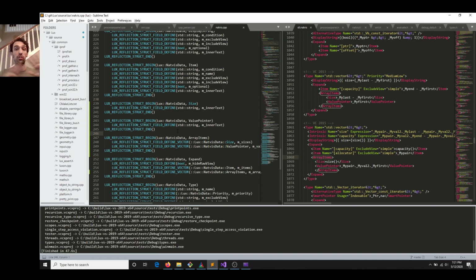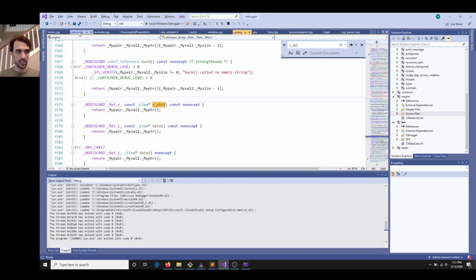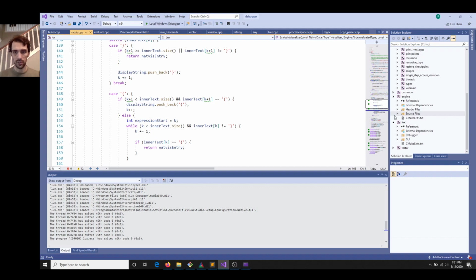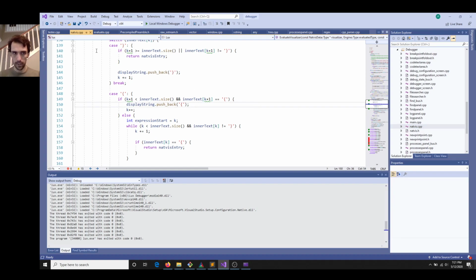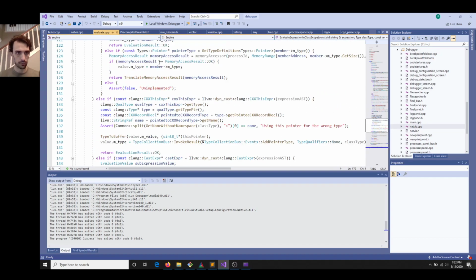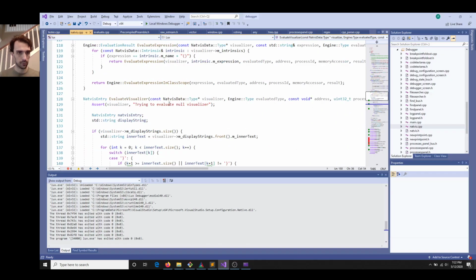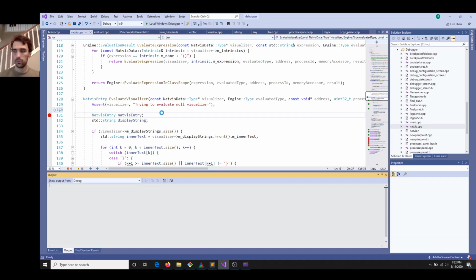So that should actually be it. All of the serialization stuff is now done under the scenes. All I have to do at this point is, no, not GUI. Oh. I'm looking at the wrong thing here. I want natviz.cpp. Yeah, natviz.cpp. Okay. If I run this now,